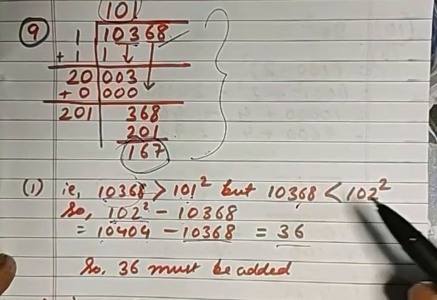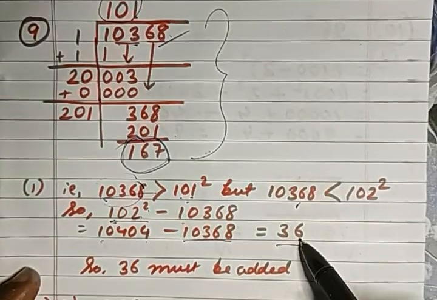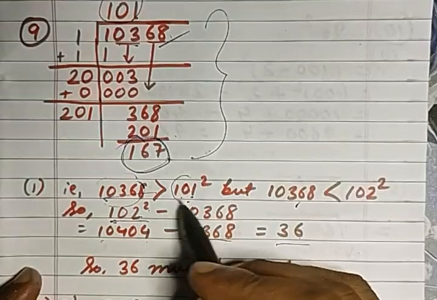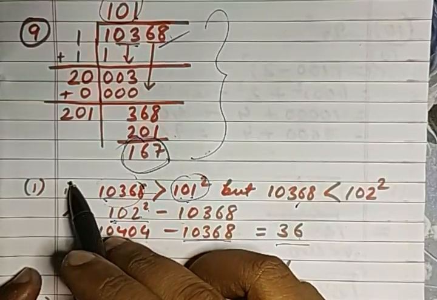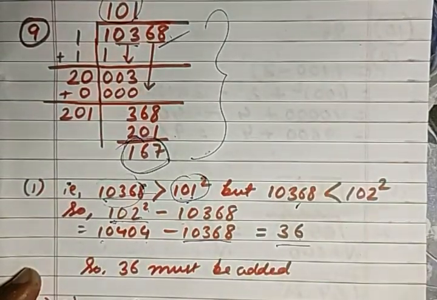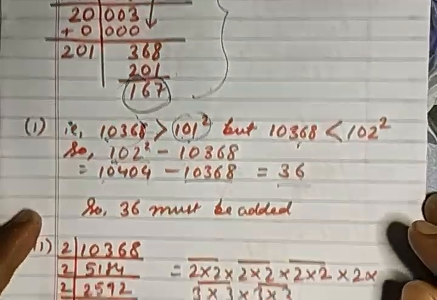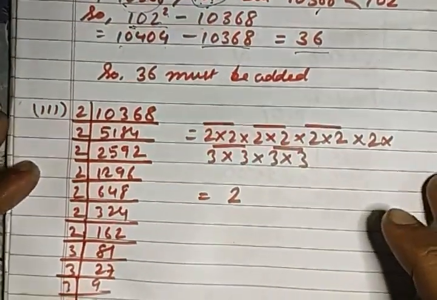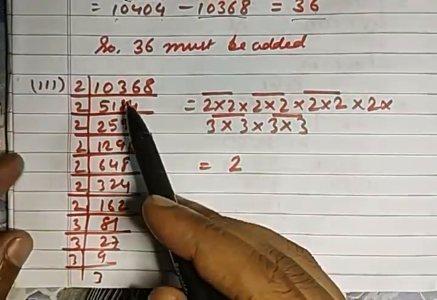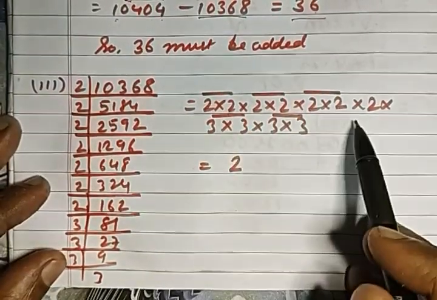So in the second bit you will see about subtraction. The same thing you have to do, but around 101 and 100. So the subtraction part you have to do in the second bit. Now the third bit says about multiplication. So we have simply factorized it and we have written the factors.